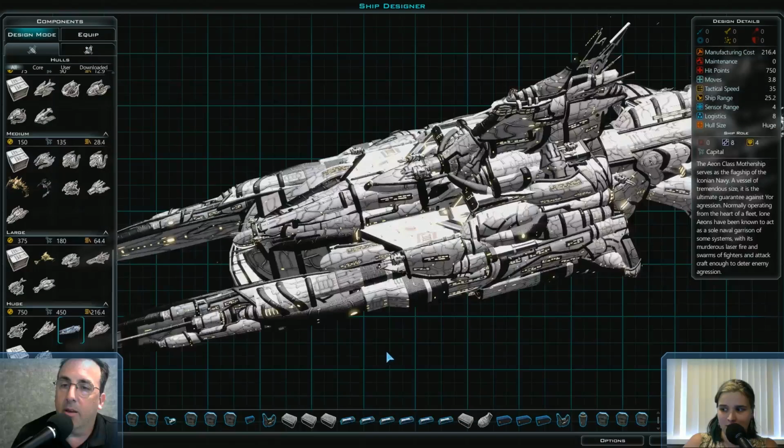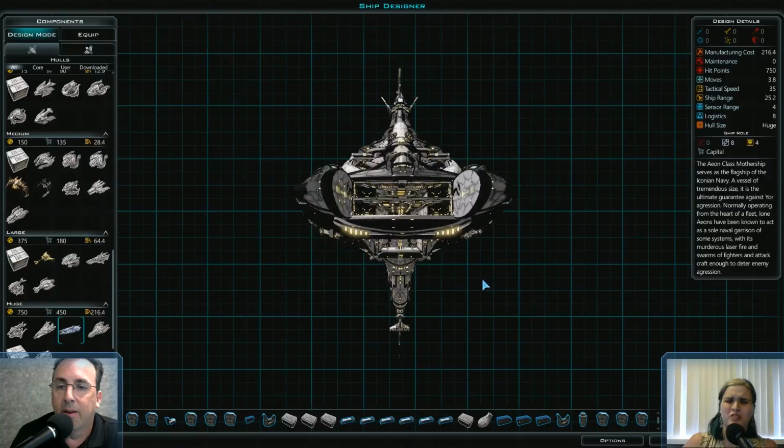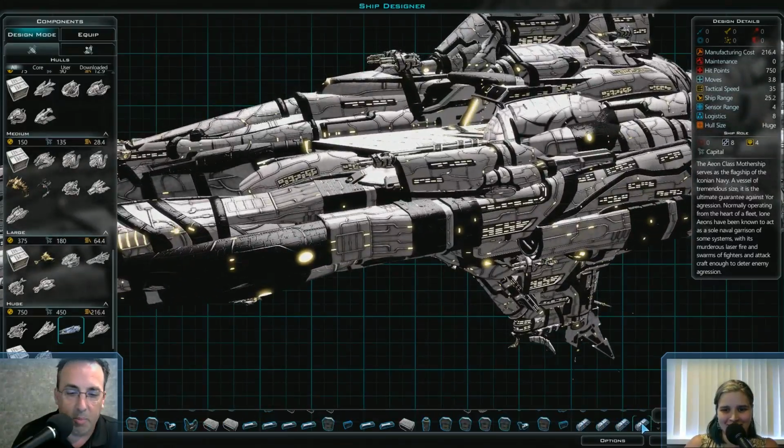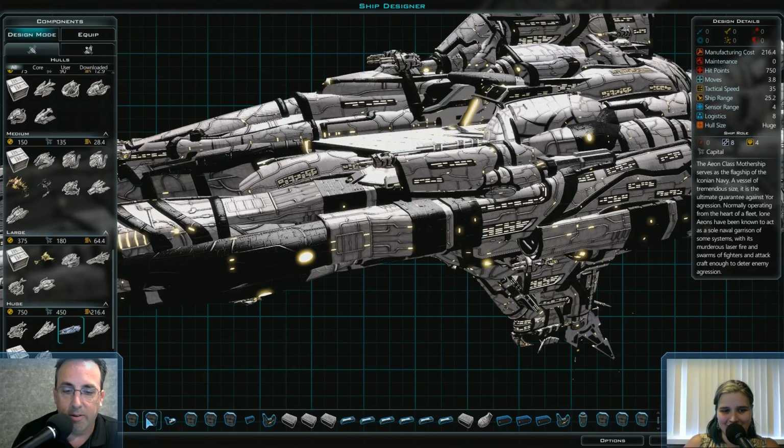Oh, good. They can hear us, and the sound and video look good. That is such a cool ship. God knows, I want to know how many parts this is. We really need a counter. I guess I could figure it out. So this is what,